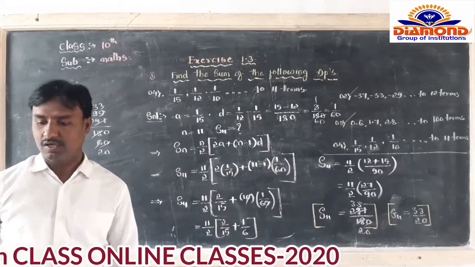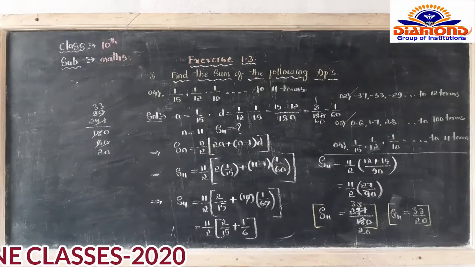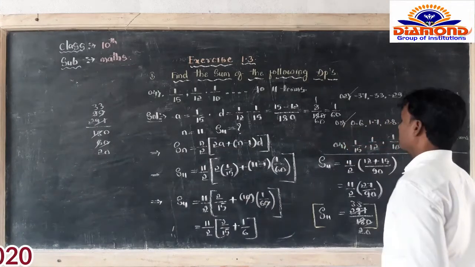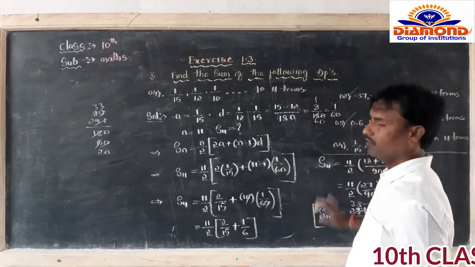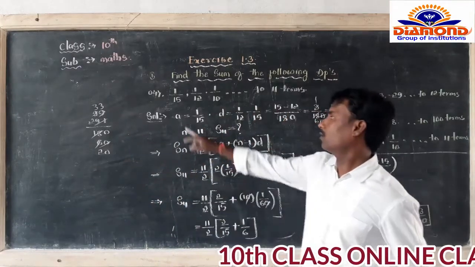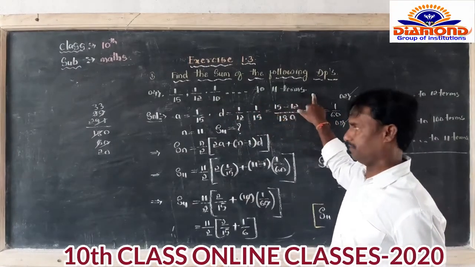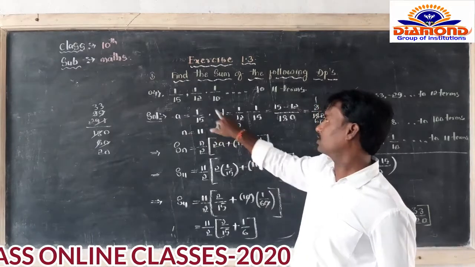Okay dear students, one more time I want to explain this solution. Listen carefully, I want to explain step by step. Here 4 questions are there in this bit. The first question I explained to you. Now we are going to the fourth question, dear students. Okay, so here the sequence is what? 1 upon 15, 1 upon 12, 1 upon 10, and so on to 11 terms. So the first term is equal to 1 upon 15 and the common difference is equal to